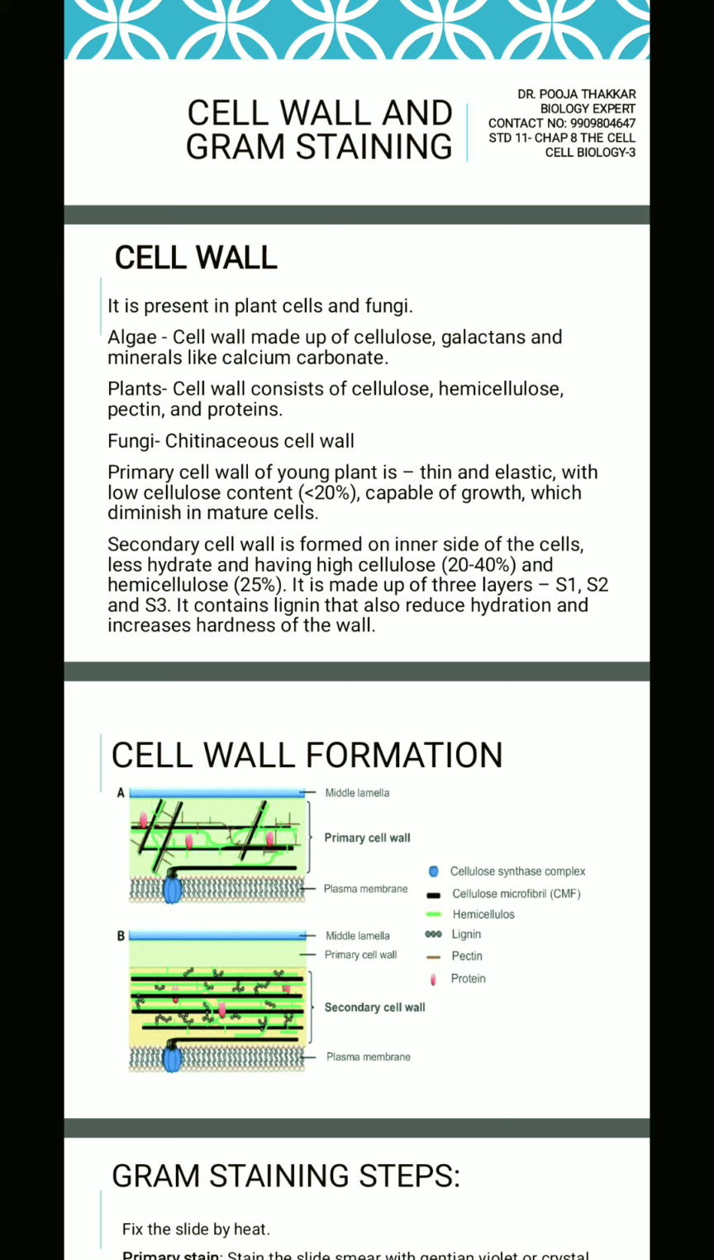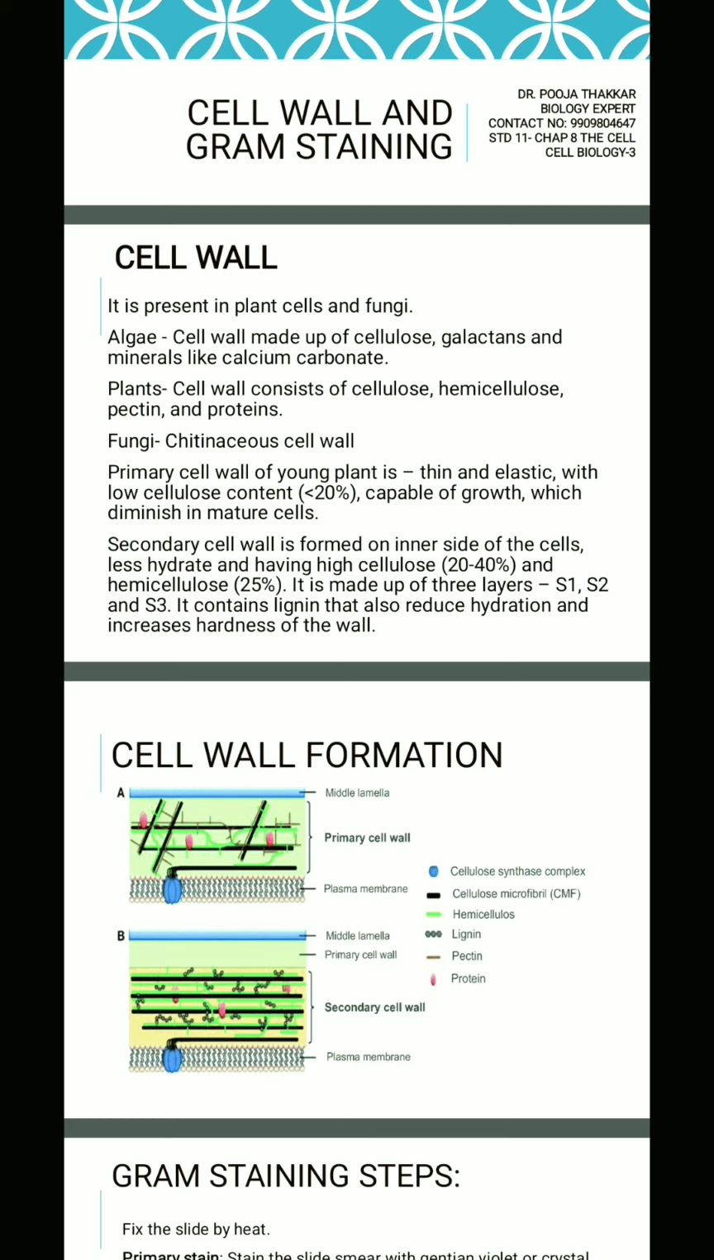If we talk about a young plant cell, the preliminary formed wall is called the primary cell wall, which is thin and elastic, and has low cellulose content, less than 20%. It is capable of growth and diminishes in mature cells. When the cell undergoes maturation, the primary cell wall undergoes degeneration because the secondary cell